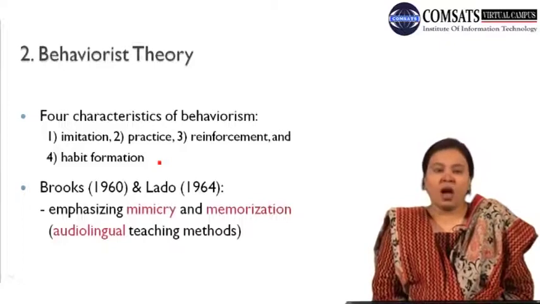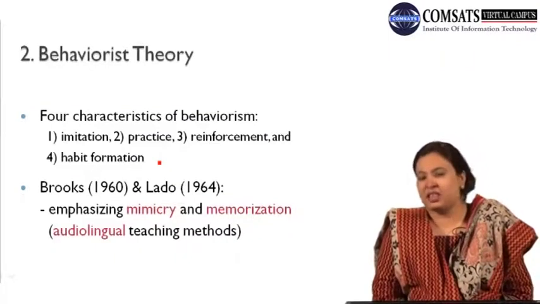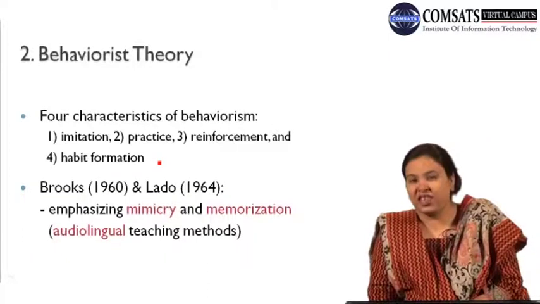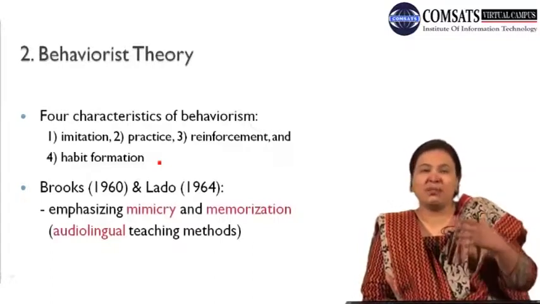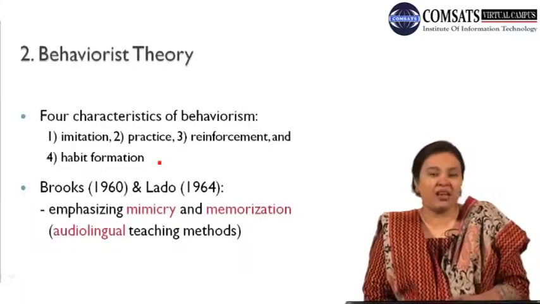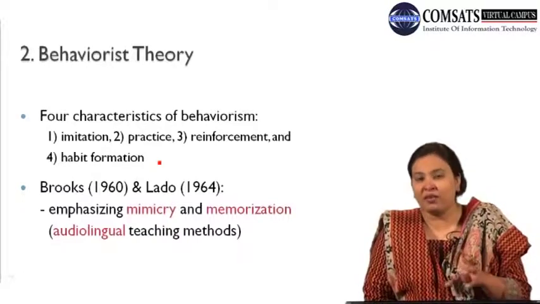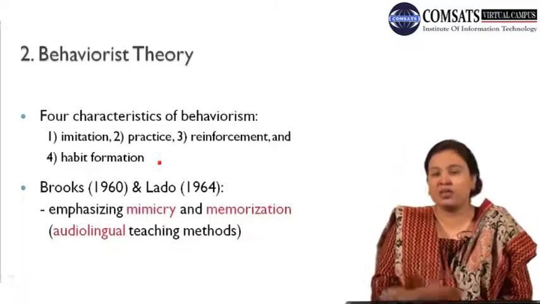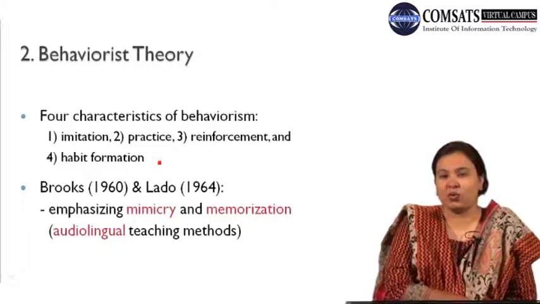After the universal theory, we have the behaviorist theory. If you remember, in our previous lecture, we already discussed this behaviorist theory with respect to first language acquisition. The proponent, B.F. Skinner, talked about the first language acquisition process: children imitate, they get the stimuli and they respond, they imitate the models provided by their parents or other persons around them, and then they get reinforcement and motivation, and they develop language just like they develop other habits. So that was the perspective of behaviorism with respect to first language acquisition.